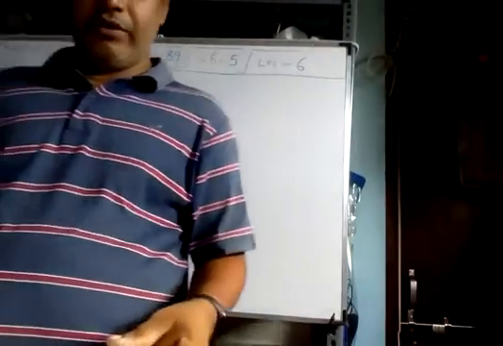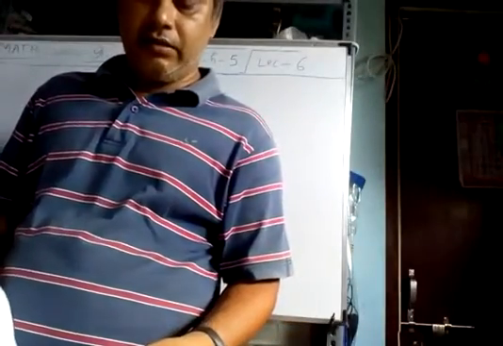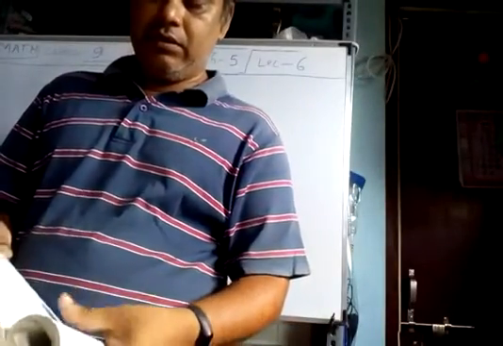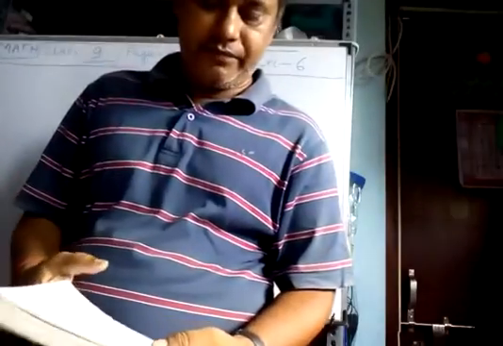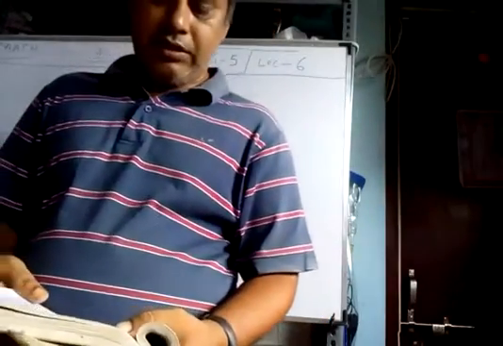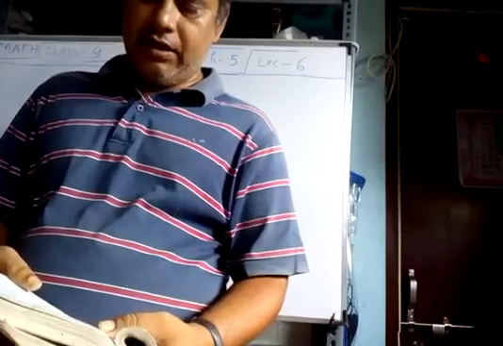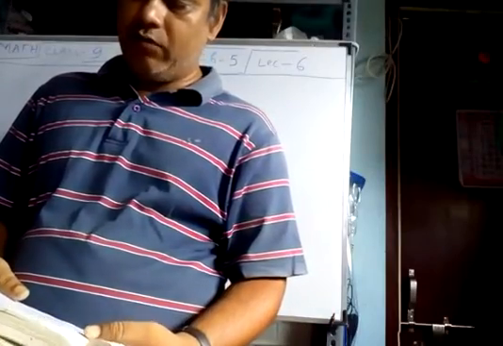This is chapter number 6 in CRT class 9, page number 89. Lines and angles. Introduction. In chapter 5, you have studied that a minimum of 2 points are required to draw